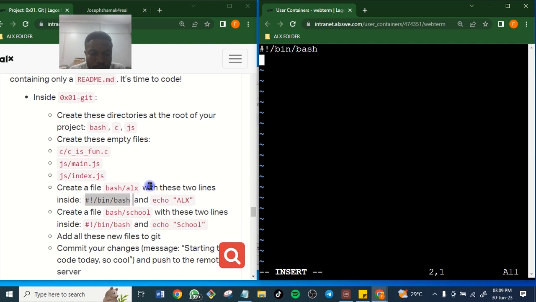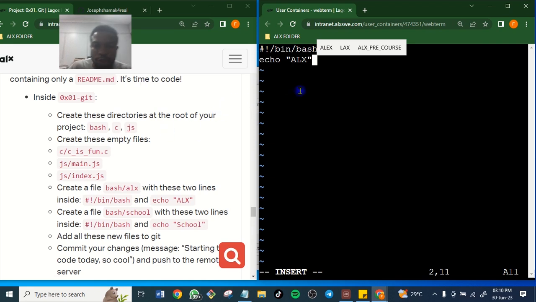This one. Let's enter. Echo. That's the name of the file. Echo. Cap. They are very case sensitive. So what you see, you put in. Put it in caps, ALX. That's what they say you should do. If not, the checker will not check you. Okay, so let's go out. We have written. Don't write any other thing. Just that. That's all.